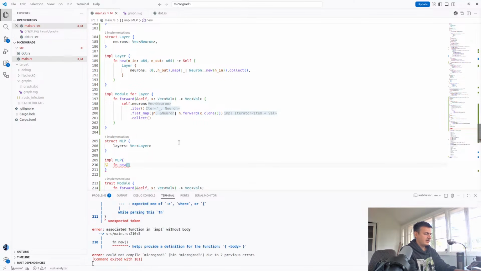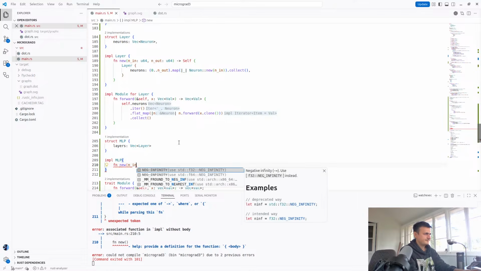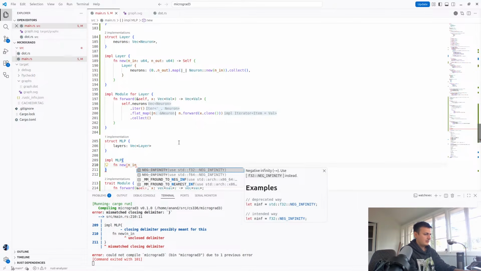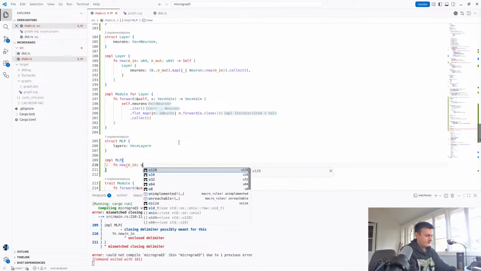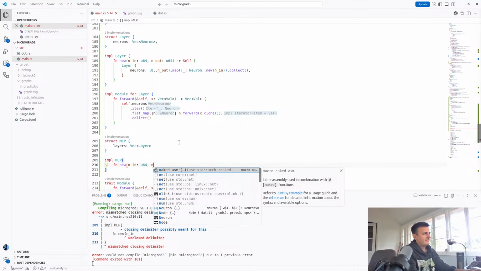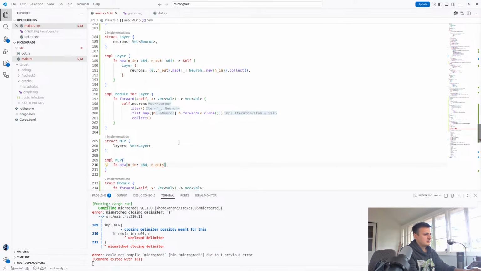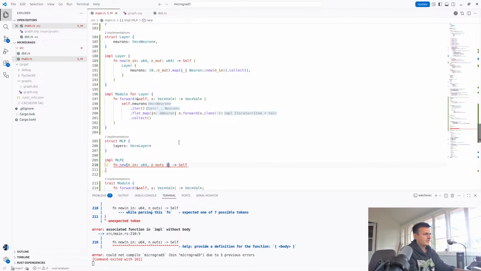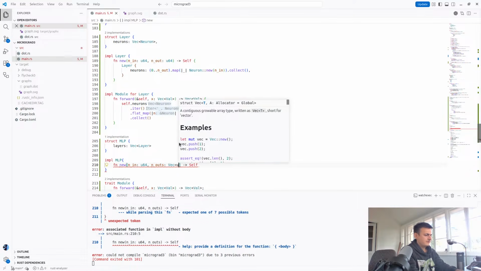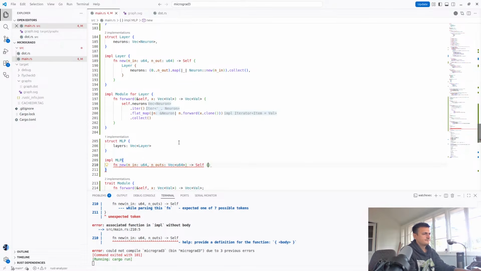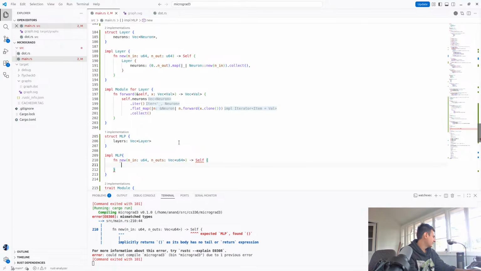Here it's going to take the n_in, which is a u64, and then a vec of n_outs, which needs to be a vec of u64. And so basically what we're going to do is